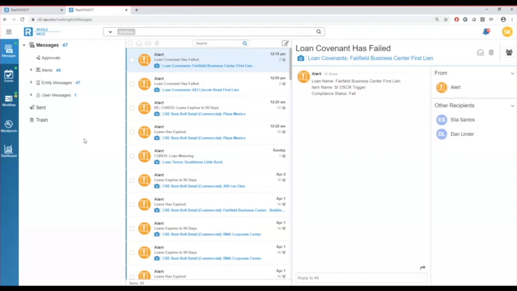So you're managing by exception. What that means is, I log in, and now everything is populated in terms of a covenant failed, debt service dropped, a lease expired, a major lease expired, and then you can get right to that information. So as portfolios grow, as more loans potentially go to a watch list, or more loans end up in special servicing,